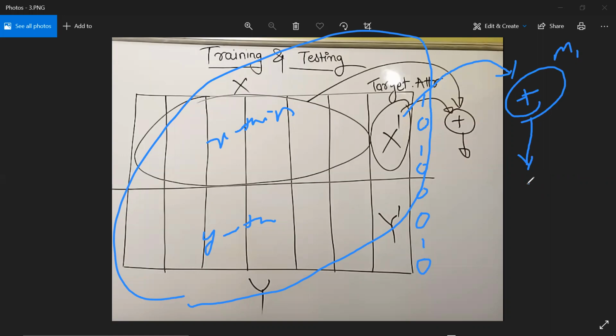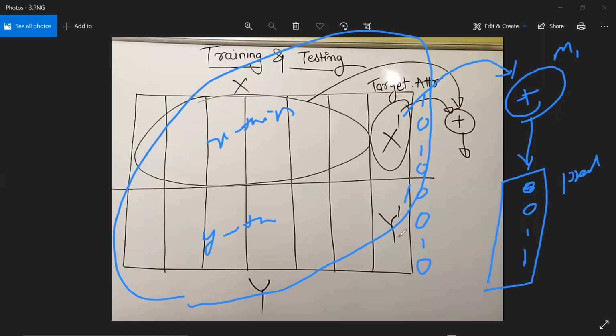Let's say my model generates 0, 0, 1, 1. So this is called the predicted table. Can I call it that, guys? This table is generated from where? From the model. This model is built from where? X train and Y train.